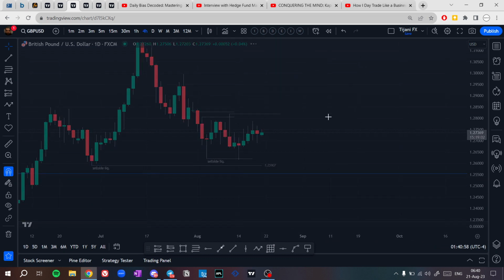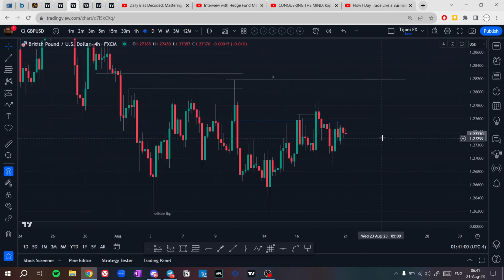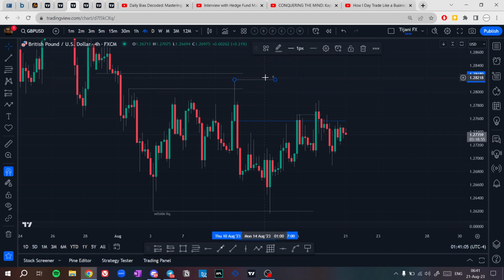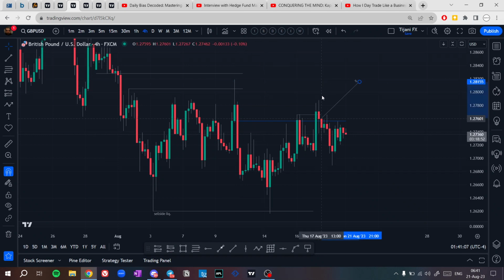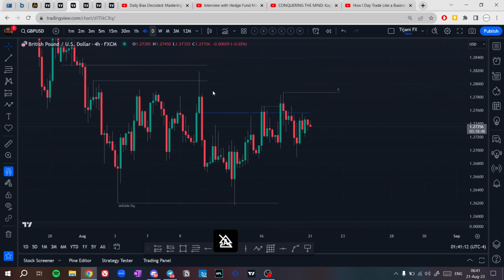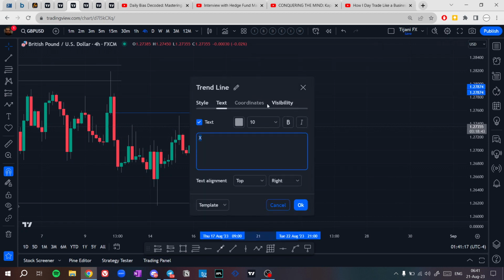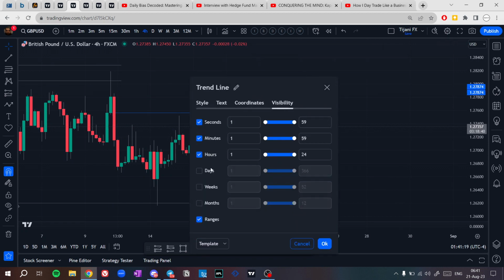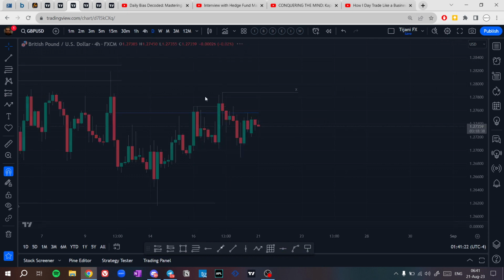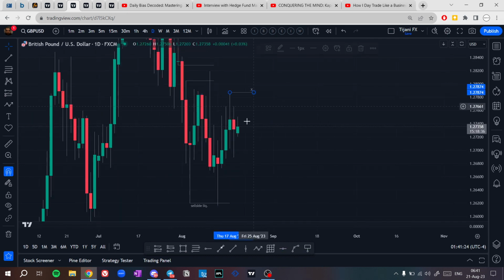Let's see what we have on the 4-hour time frame. The 4-hour time frame is kind of confirming what we could see: if we have this as an invalidation level, the same here. Let me show you. The same here, as this is an invalidation level, I could be expecting bearishness for price to just continue lower, checking Friday's low as a confirmation.